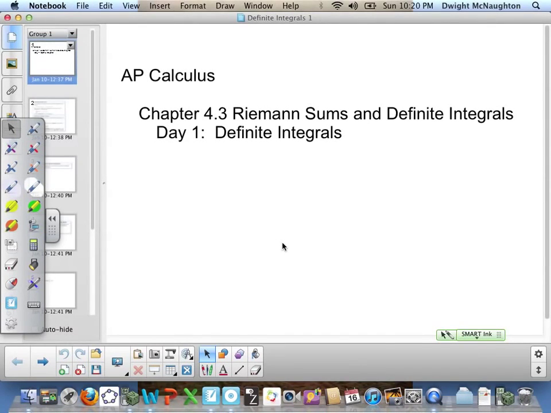Chapter 4.3, Riemann sums and definite integrals. Day 1, definite integrals. Now we've been looking at the area underneath a curve, using infinite rectangles of equal width to find the area under a curve. Well, several hundred years ago,